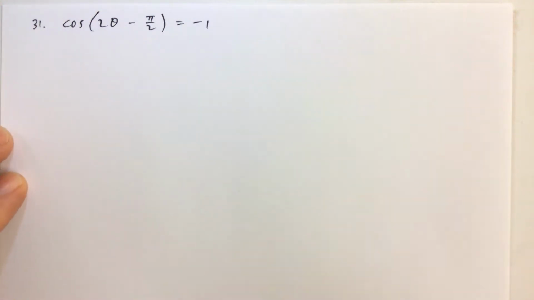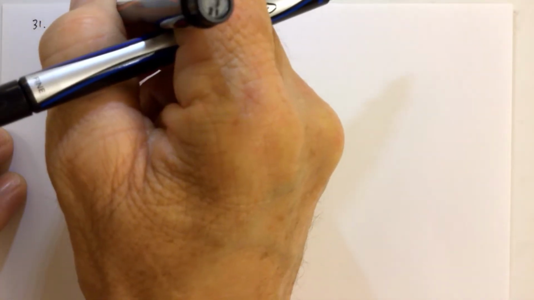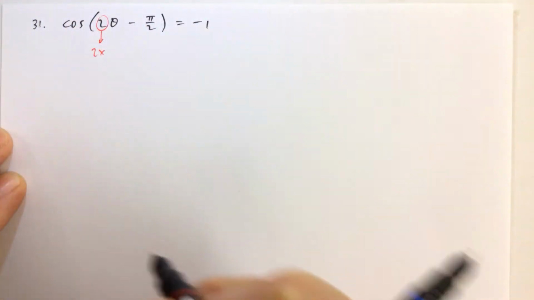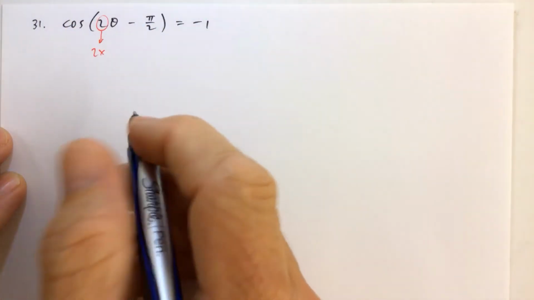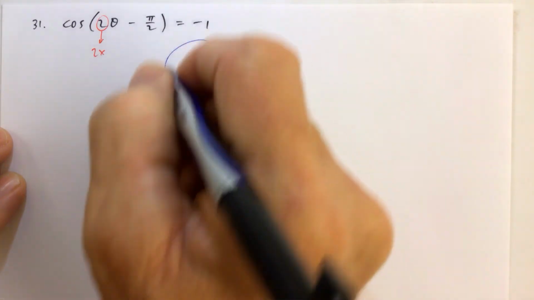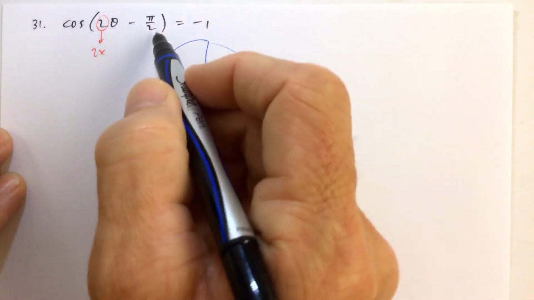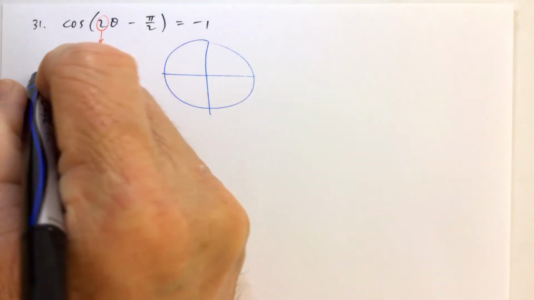For problem number 31, notice that we have yet again another multiple of an angle. So we have a double angle, so we're going to have to go 2 times around the unit circle for this one. But before we do that, let's decide, well, when we take the cosine of anything and we get -1,